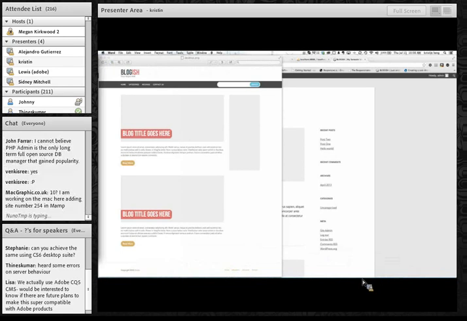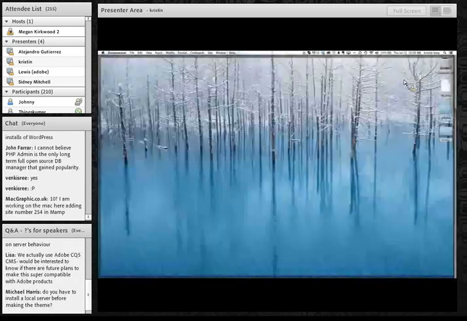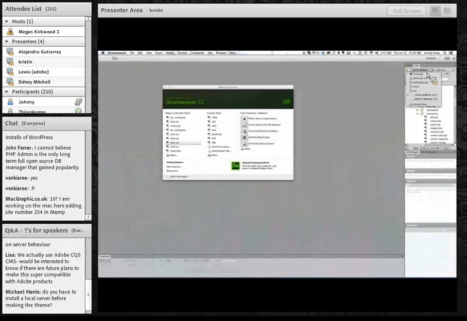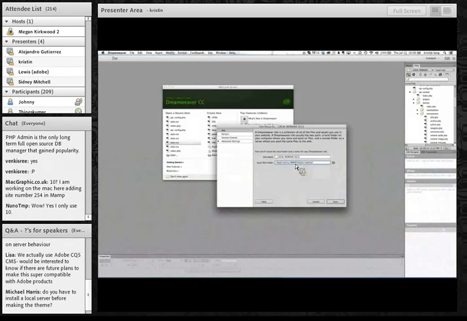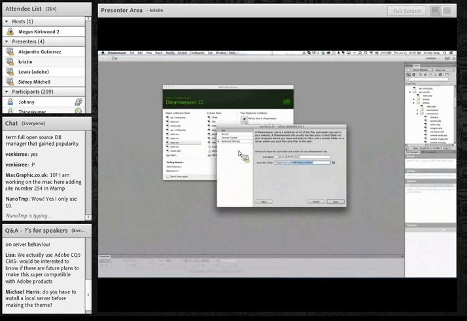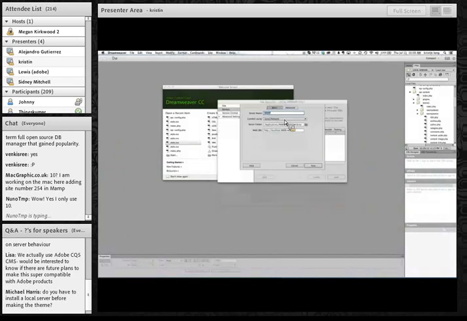Dreamweaver. So I'm going to fire up Dreamweaver, and this is the latest version I updated as of yesterday. I have two site definitions in here. I have a local and a remote site definition. For the local site definition, I have that same folder set as my local root folder that I deployed the WordPress installation in. And then for servers, I have set up